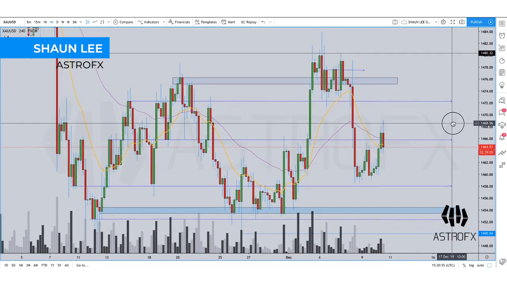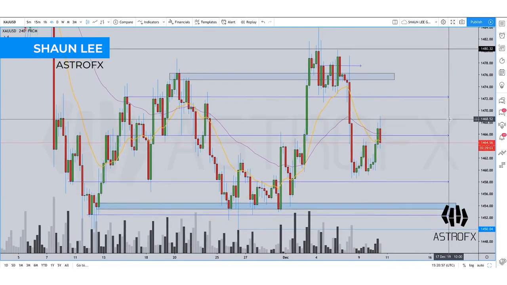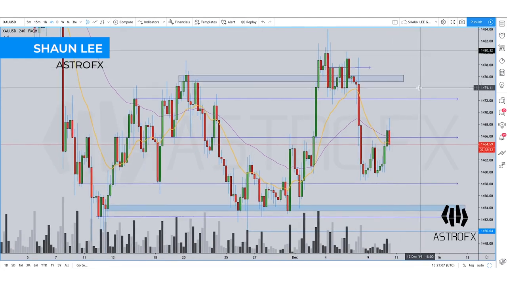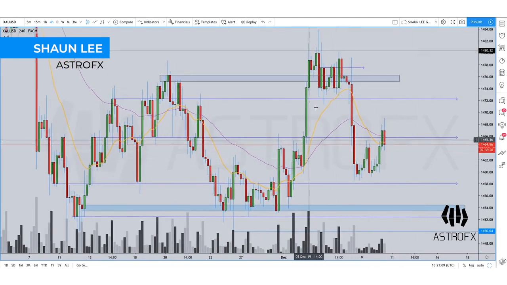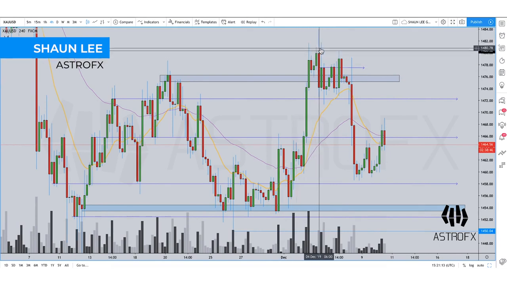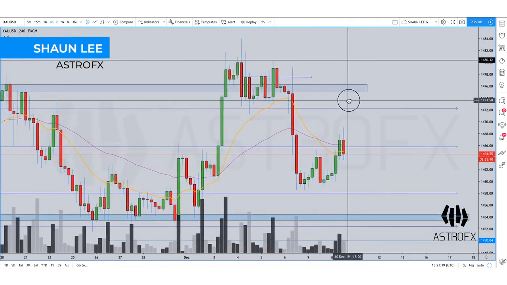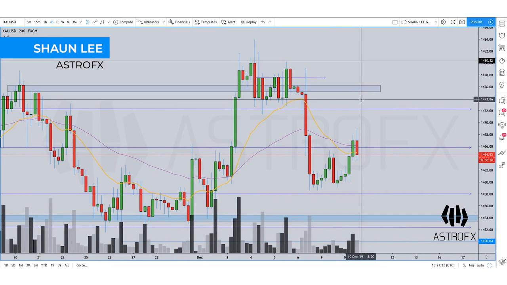because of the 1480 level, which was plotted on the weekly at the start, in some of the earlier videos where I was showing exactly how to break the weekly chart down. You can clearly see gold ran straight into that level. We had 1 spike, 2, 3, 4, and then a 5th, near enough a test of that level. But you can clearly see the importance here was the closure of the candles and the bodies of the candles